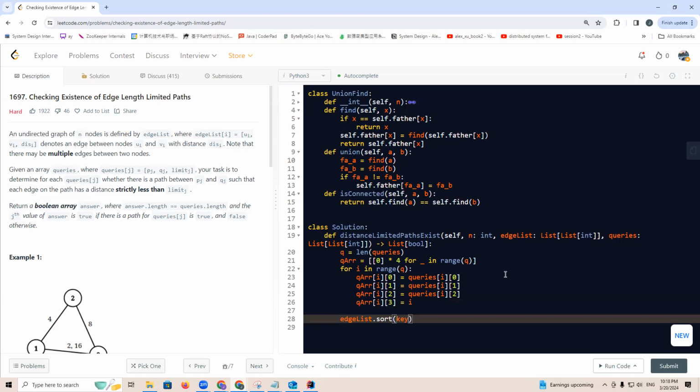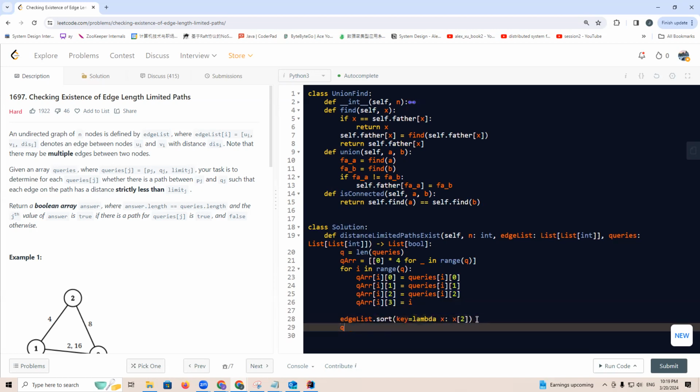So we write lambda x to, because we are sorting based on the second, the distance and the edges, right? And also we need to have the Q array sort key equals lambda x to, so after sort